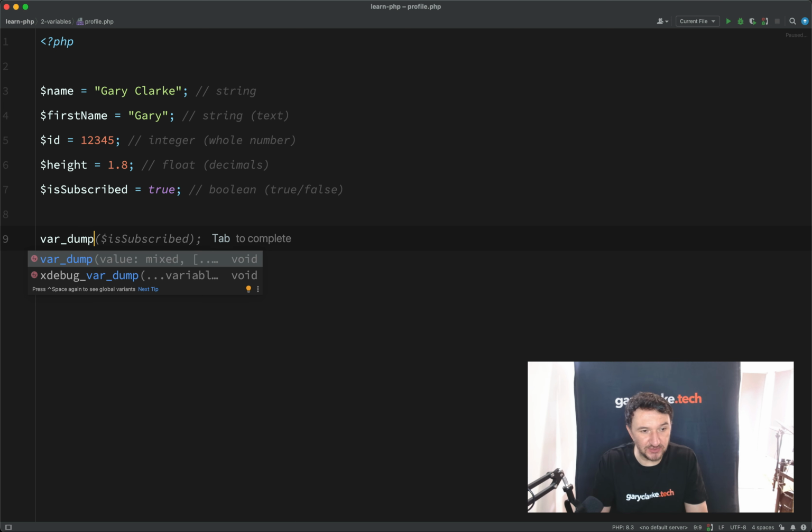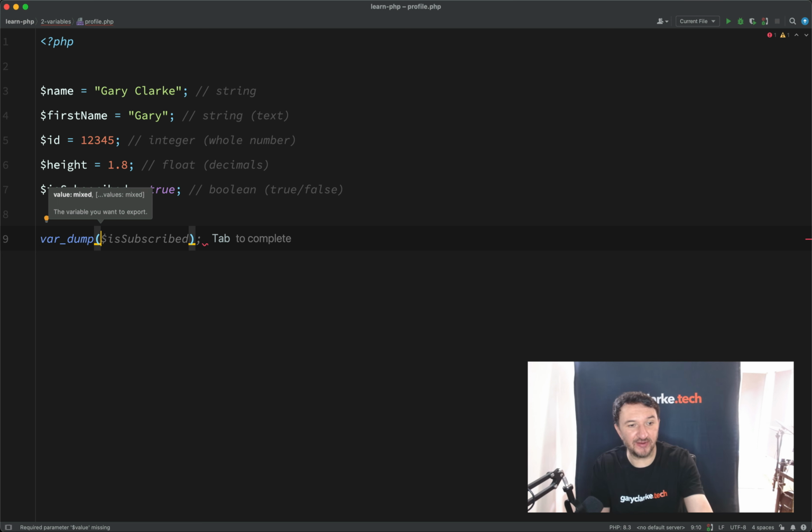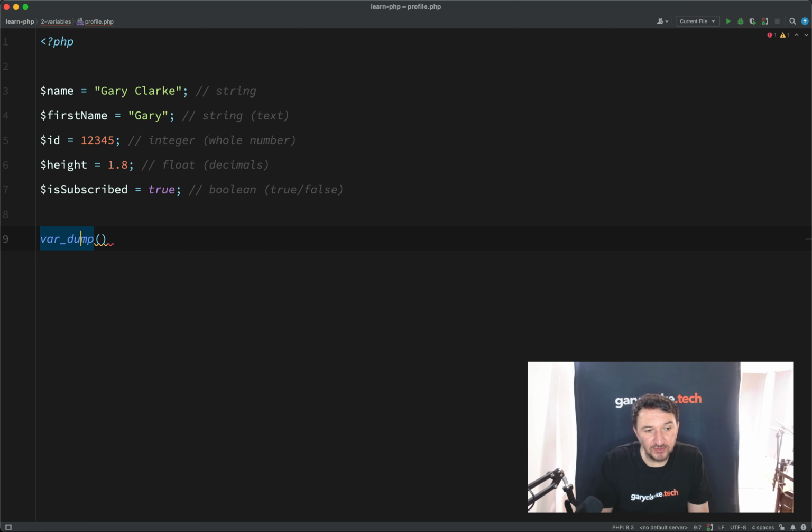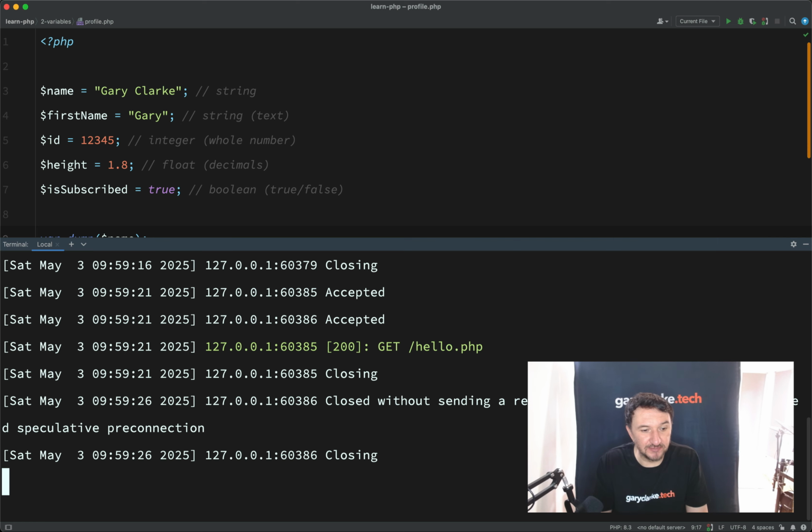And so the one that we're going to use here is one called var_dump, and with var_dump you can pass it a variable. So the way to call this var_dump function is with the name var_dump and then parentheses, and then you pass it the information which you want it to inspect and tell you about. So here we want to know about this variable name, i.e. what is its value and anything else it can tell us about that. And so we will say var_dump name semicolon,